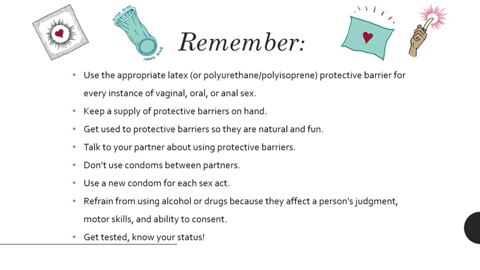So next, refrain from using alcohol and or drugs because those can affect a person's judgment, motor skills, and ability to consent. Like I mentioned before, it's important that people are acquiring and giving consent for any kind of sexual act. But we also want to mention that consent is voluntary, enthusiastic, ongoing, and sober. If someone's under the influence, they might make a decision or might be influenced to make a decision that they might not otherwise make. Also, like we mentioned, motor skills. If somebody's under the influence, they may think they put a condom on, or they may put a condom on backwards, or the condom may have broken and they didn't realize it. So it's just important to make sure that we're refraining from using those drugs and alcohol.